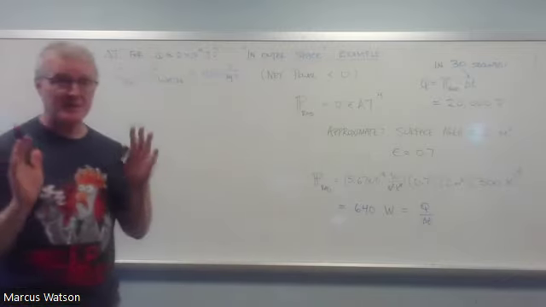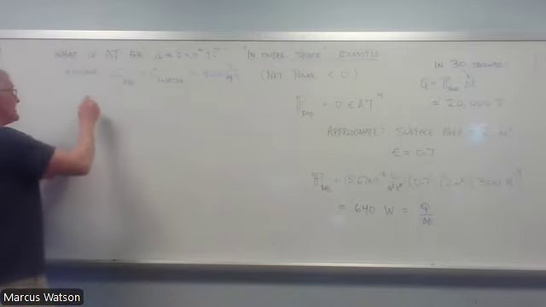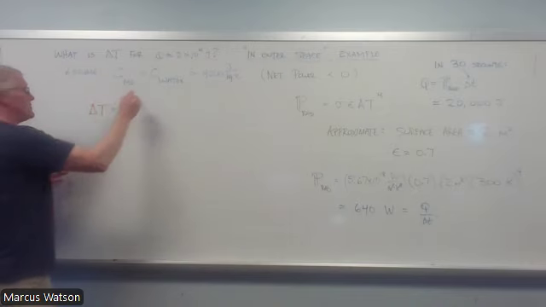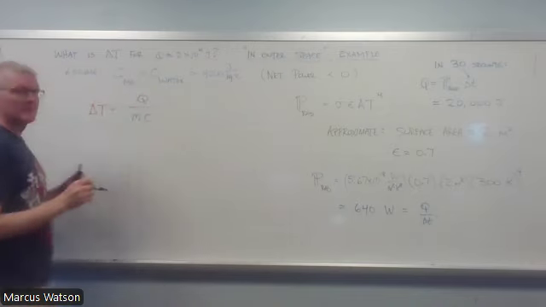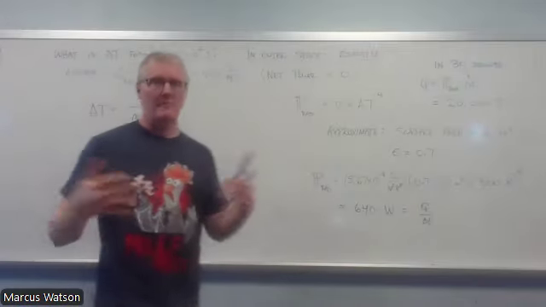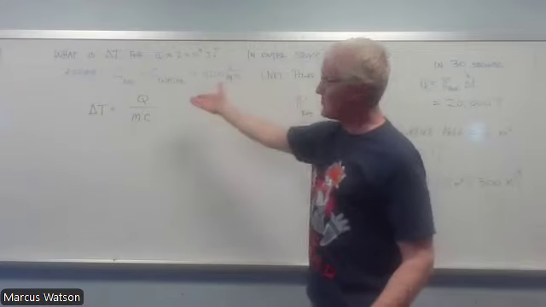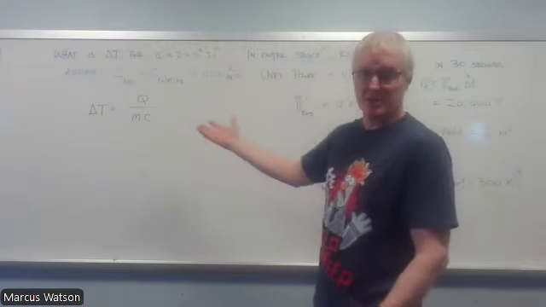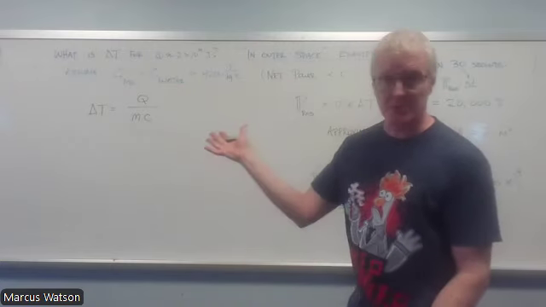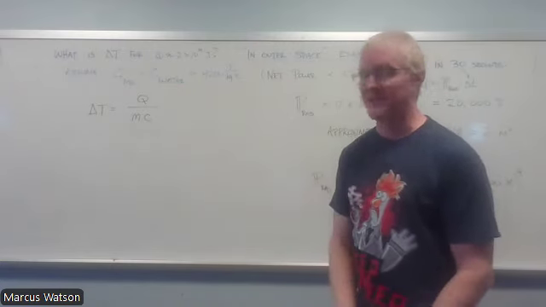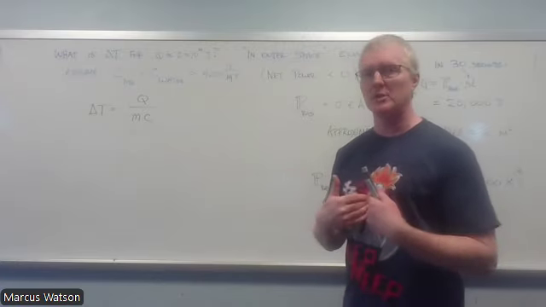If I'm assuming it's all sensible heat, then I can solve for what the temperature change would have been, right? This delta T would be Q divided by m and little c: my mass, my specific heat, and that 20,000 joules. So what's the temperature change going to be? Now, if it turns out to be something like, remember, we'll be in centigrade, something like 50, well, then that's problematic because internal, I don't know if you